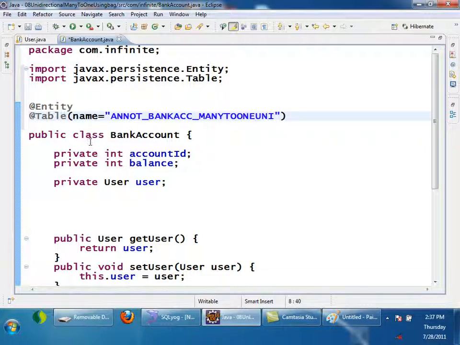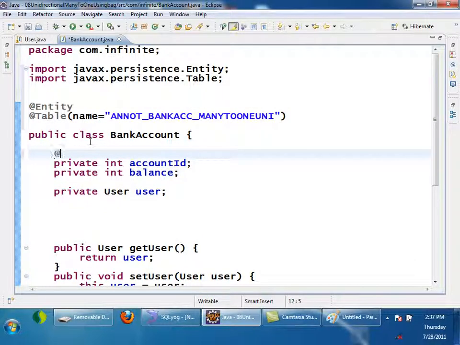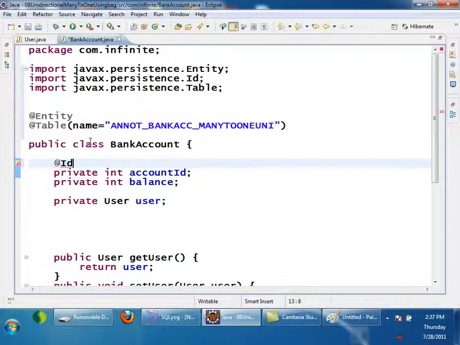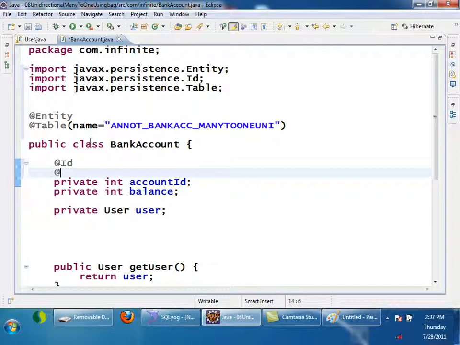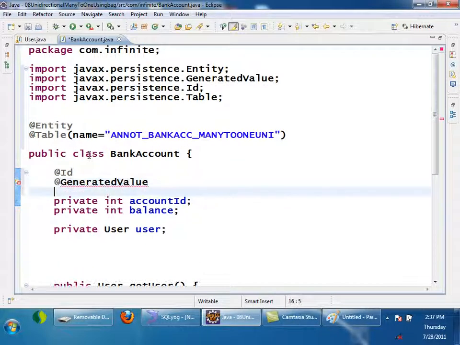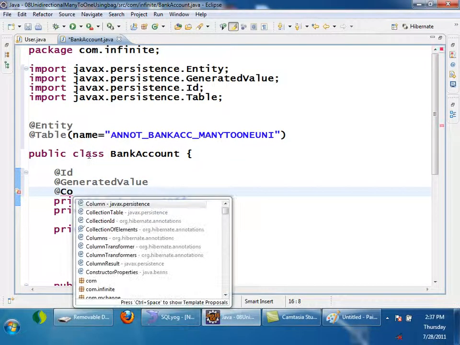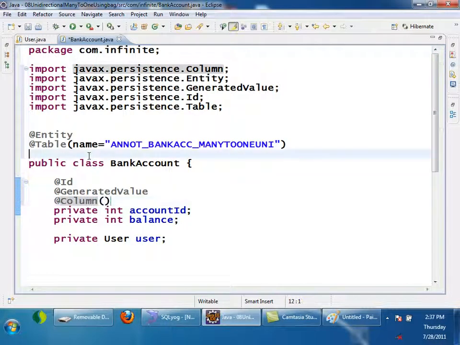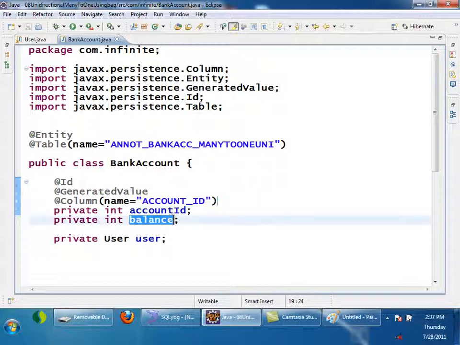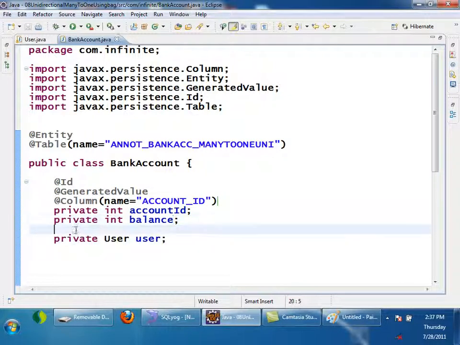I will annotate the account ID also with ID, generated value, and also I will give a column name to this account ID as account underscore ID. Then I am not giving the annotation for balance. By default that will be the same as the variable name.